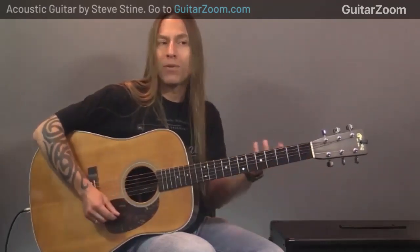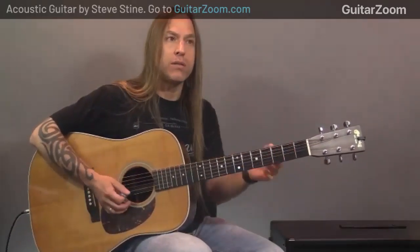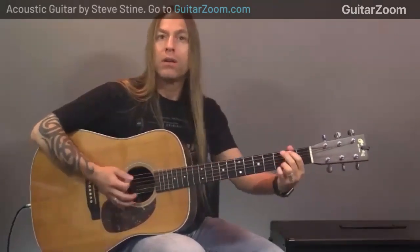Which kind of reminds me of Needle and the Damage Done. That song always pops in my head when I play that, but I love that chord progression, that sound. So it's just something to get used to, because the problem I always used to have was that I was frustrated with, for lack of a better term, the blockiness of changing chords,